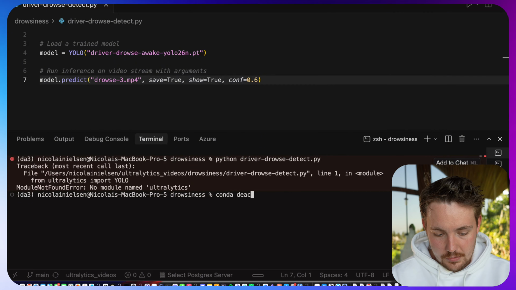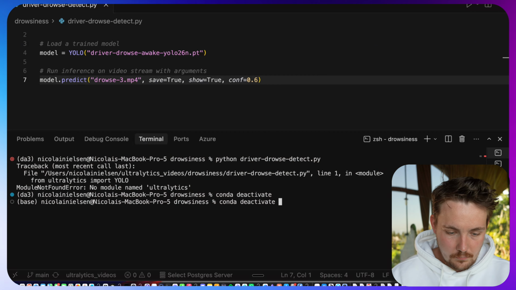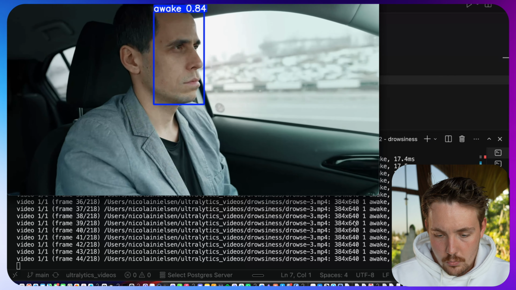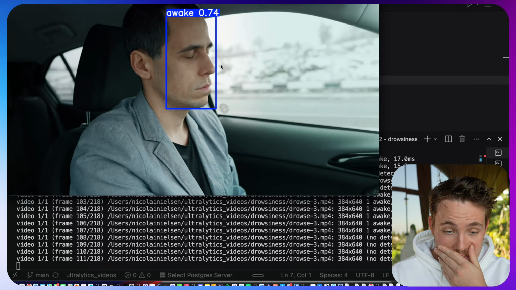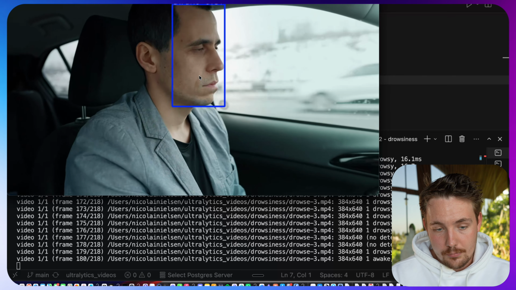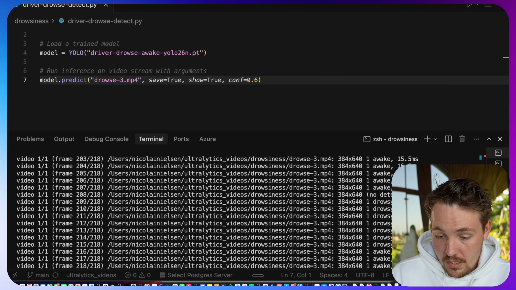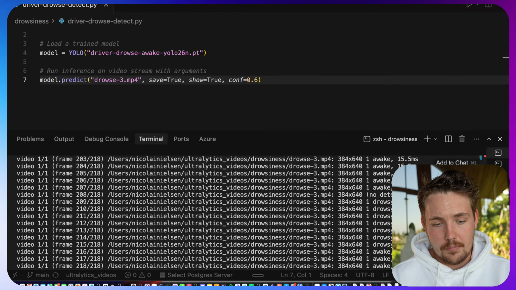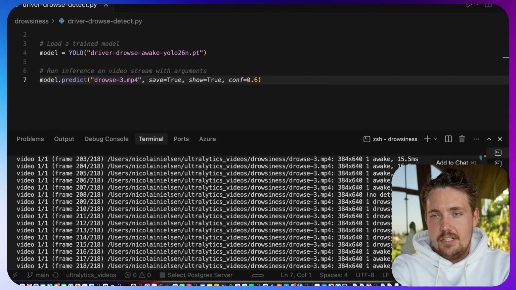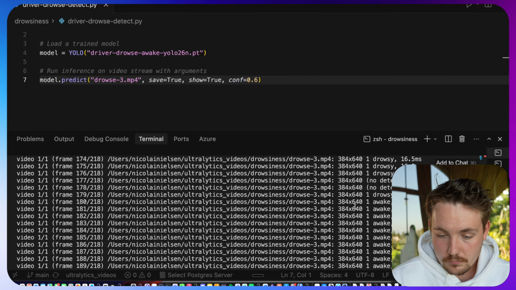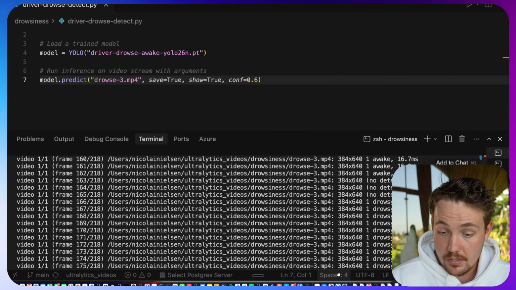I just need to deactivate my conda environment. There we go, I'm in my base environment, and we just run our Python script again. There we go, we're getting detections in real time, you can see how fast it is. We're catching this driver the 2nd time while he's closing his eyes, the 3rd time, and the 5th time here at the end. 15 milliseconds inference, this is just running on my MacBook CPU, so you can even have this running on a smaller device sitting in the car itself,